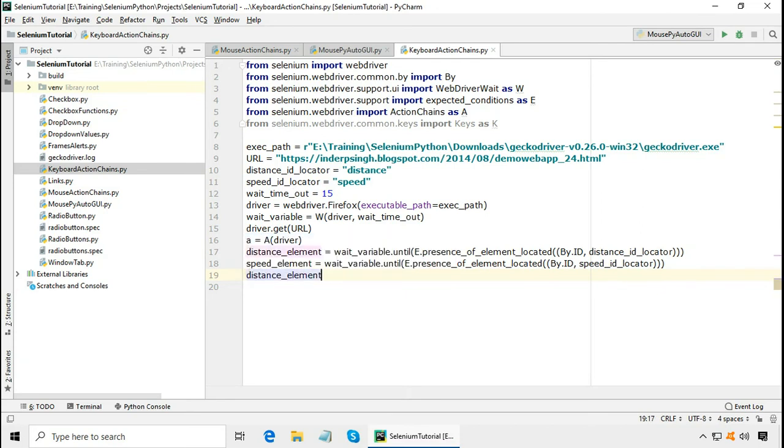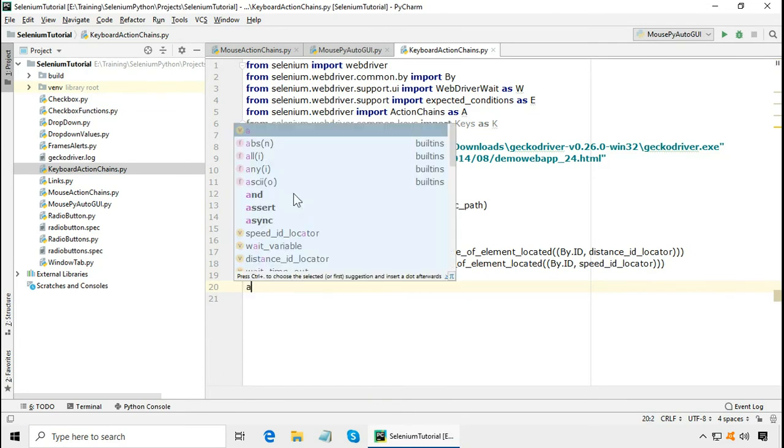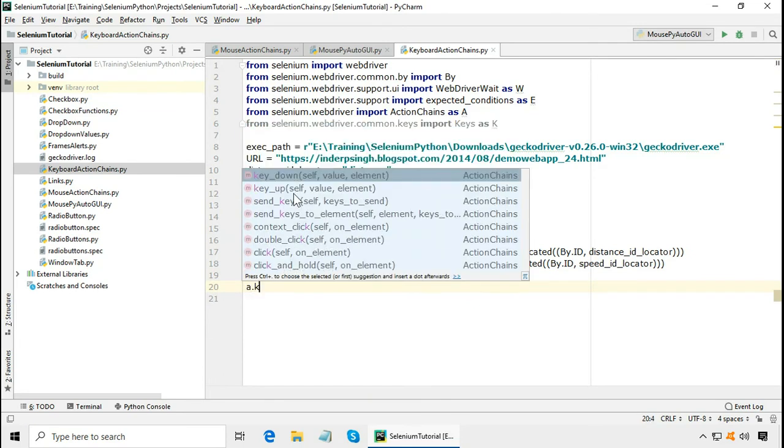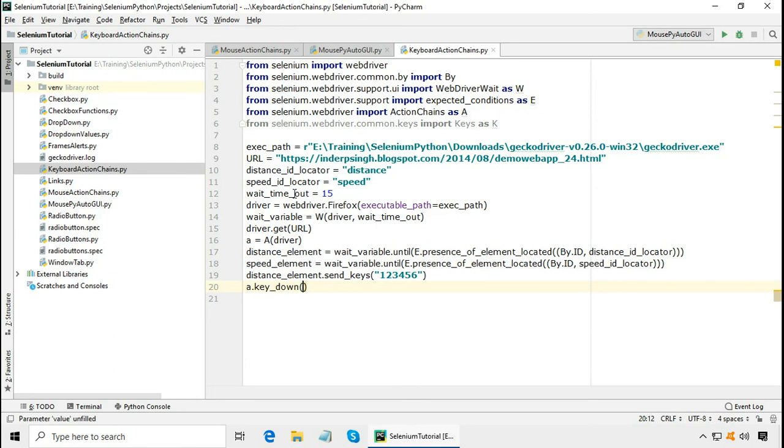Distance element dot send_keys, and let us put 1 2 3 4 5 6. Now Python Selenium select all text. We can use our action chains object a dot key_down, and here we are going to use the Keys library.